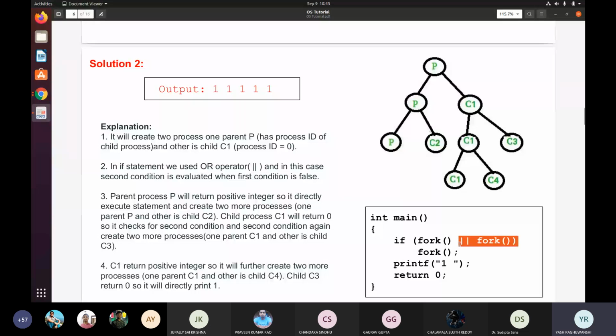So here you can see it here. Suppose this is a child process, so fork of this will return PID 0. So it has to check whether this is 0 or 1. For a child process, it will generate two processes again, child and another parent. So for the child it is 0, so the total value of this will be false. So it won't go here. It will directly come here and print 1.